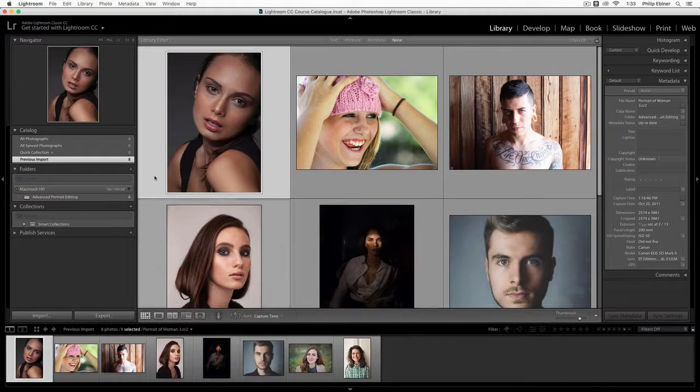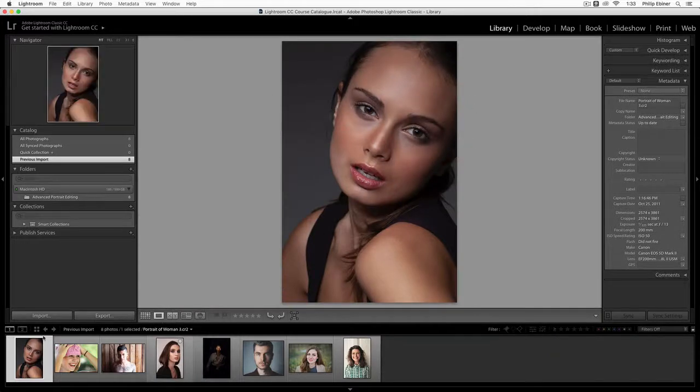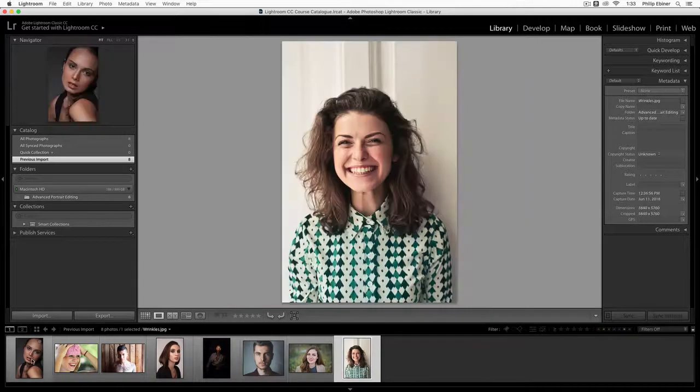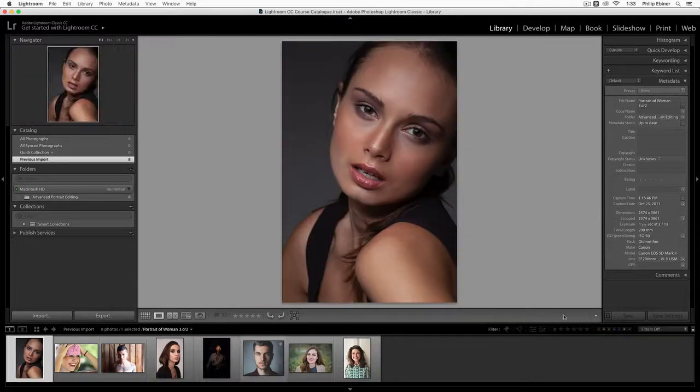And so when you're in one of these views, for example, we can change the view with these buttons down here as well in the library. You can also select which photo you want to look at from your photo tray down here. Now, we're going to talk about rating and ranking and filtering in just a minute, but one other thing I wanted you to notice is your metadata, which is over here.